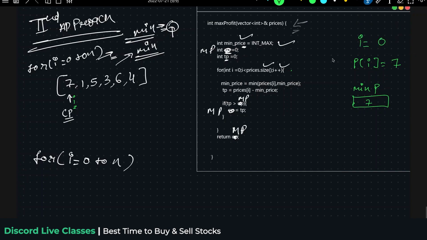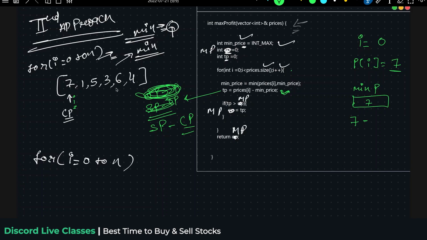Then let's do another part, that is this particular second statement. I'm considering this as the first statement inside the loop, and this is the second statement inside the loop. The second statement is saying prices of I. Can anybody tell me what is the prices of I? 7. 7 minus. Listen, what formula are we using here? The prices of I is nothing but the selling price, and the minimum price is the cost price. So each day you will be selling. You will not be finding out which day I will be buying.